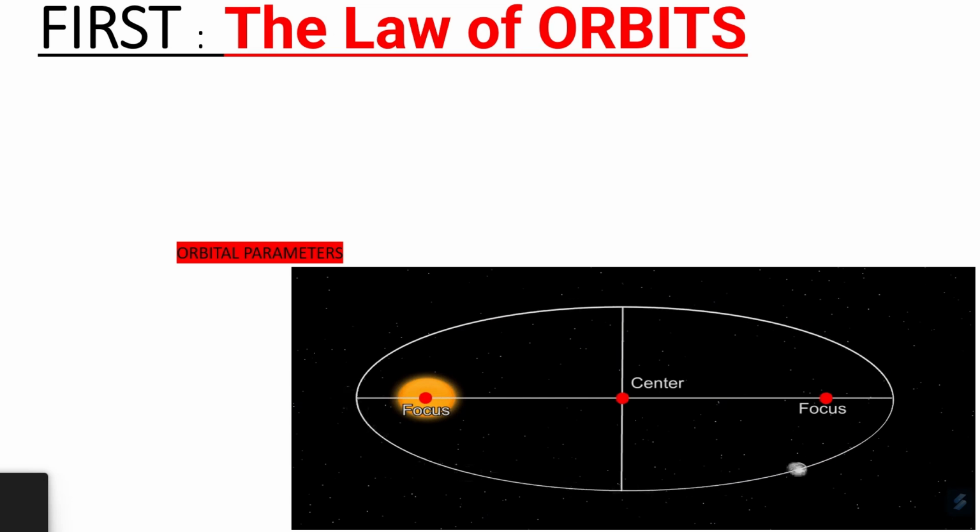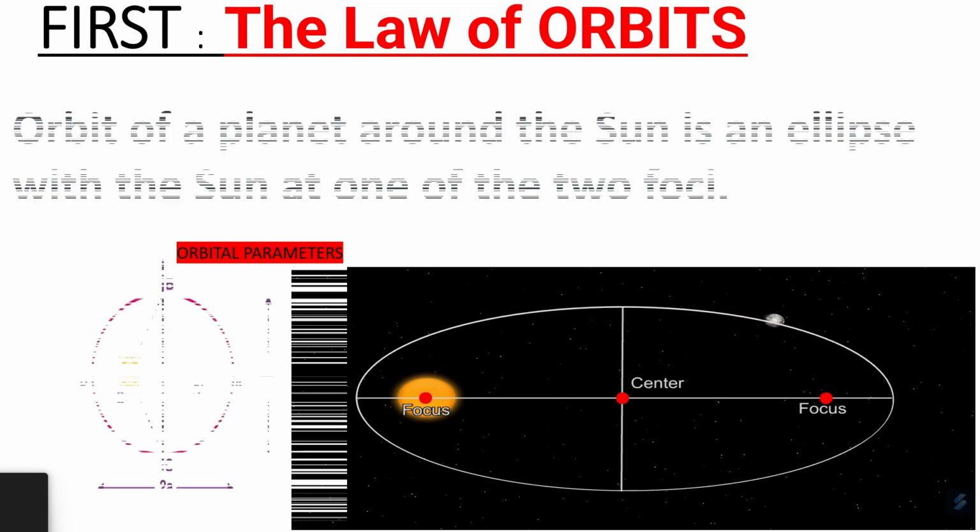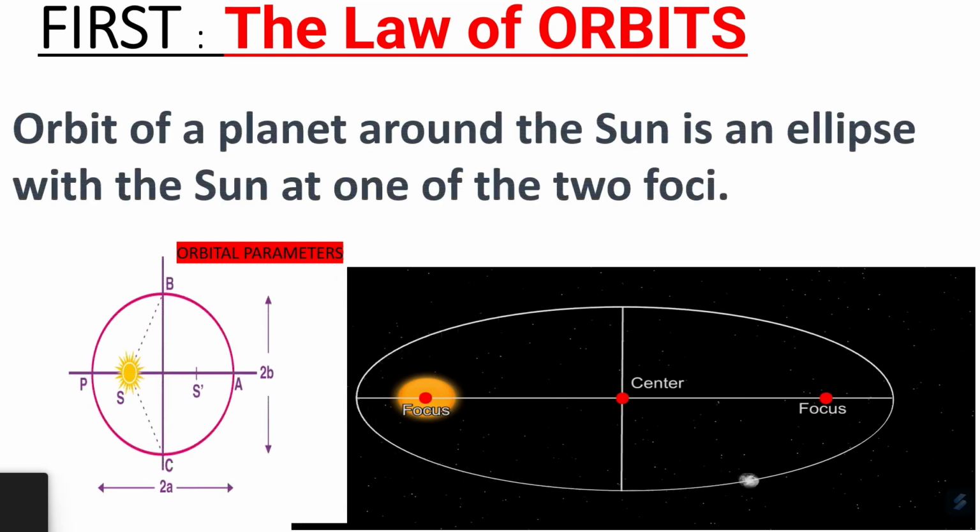These laws are as follows. The first law, also known as the law of elliptical orbits, states that the orbit of a planet around the Sun is an ellipse, with the Sun at one of the two foci of the ellipse. Each planet's orbit about the Sun is an ellipse. The Sun's center is always located at one focus of the orbital ellipse. The Sun is at one focus. The planet follows the ellipse in its orbit, meaning that the planet-to-Sun distance is constantly changing as the planet goes around its orbit.